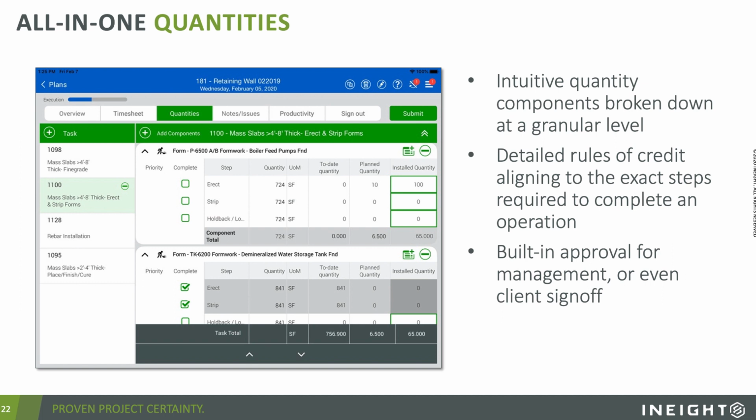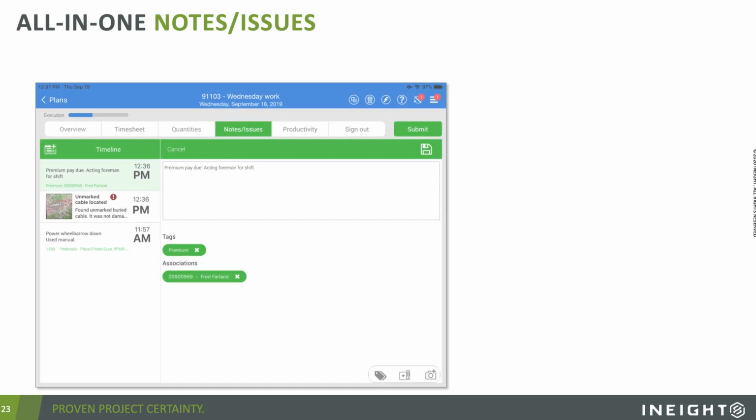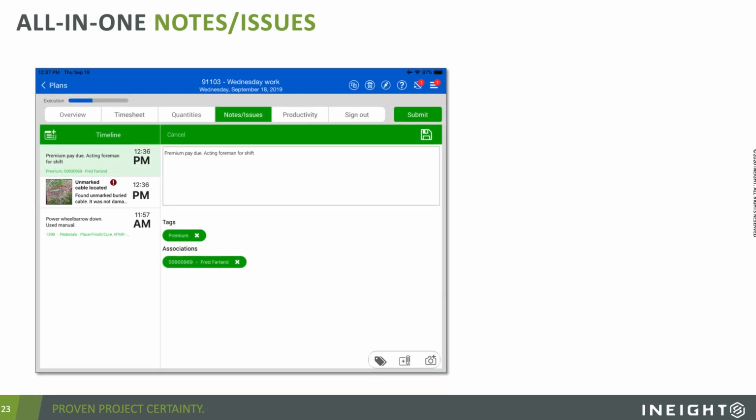But there's a third aspect that happens in the field, not just the tracking of the hours and the tracking of the quantities, but there's that daily field log. And this often gets overlooked by digital applications. This typically is a log of what happened that day. Were there any issues? What was the weather like?